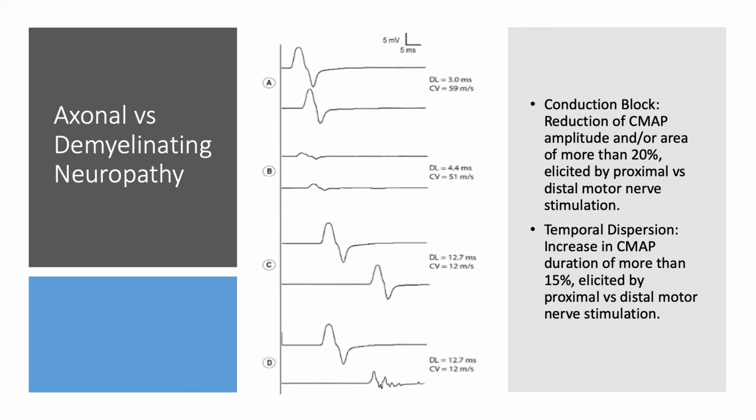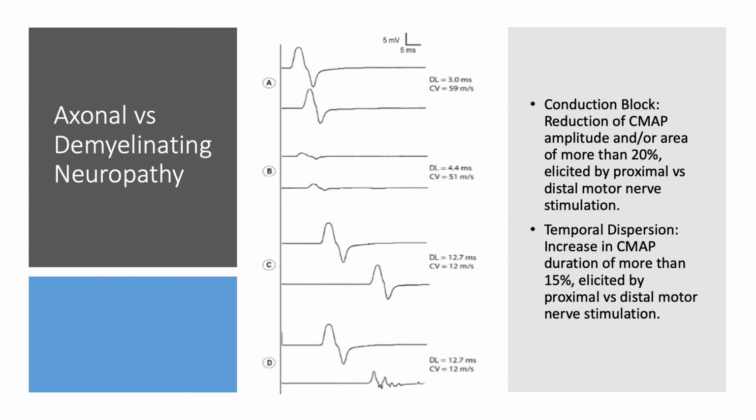Coming to chart C, we can see that the amplitudes are preserved, where you see the normal heights of the waves compared to chart A. However, we can see the waves are starting pretty late compared to chart A, or in technical terms we say that they have prolonged latencies with preserved amplitudes. This, as we know, is typically something that we see in demyelinating neuropathies. Also, we can see the conduction velocities are reduced here, which was relatively preserved in the axonal neuropathies